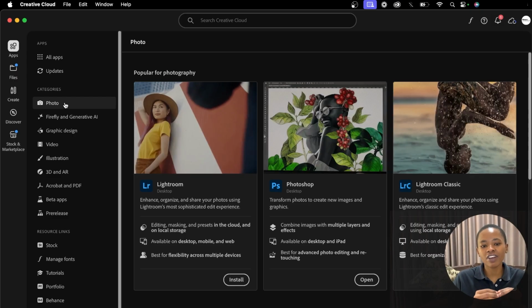If you're a photographer, these are the apps that you need on your computer or your machine. Definitely Lightroom, Photoshop, or Lightroom Classic. To be honest, I haven't really used Lightroom. I've always used Lightroom Classic and Photoshop. As you can see, Photoshop is